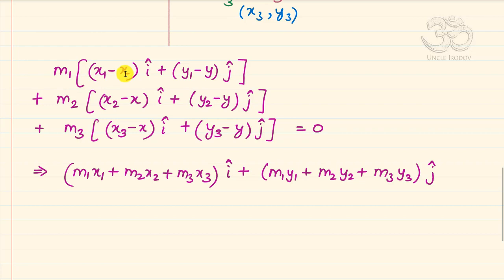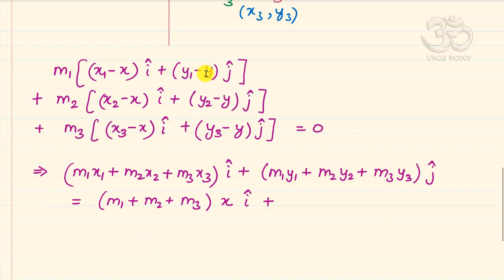So there will be a minus m1x minus m2x minus m3x. You can take it to the right hand side and everything will become plus. So you will have m1 plus m2 plus m3 times x i cap,